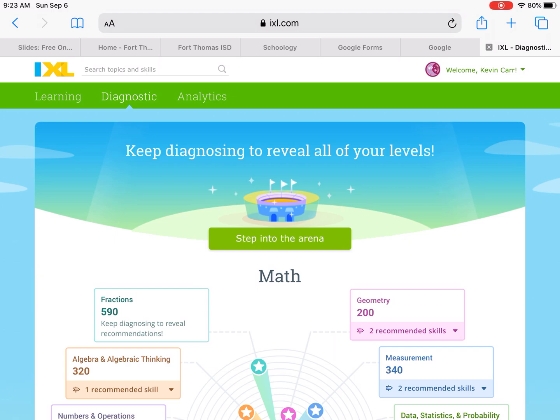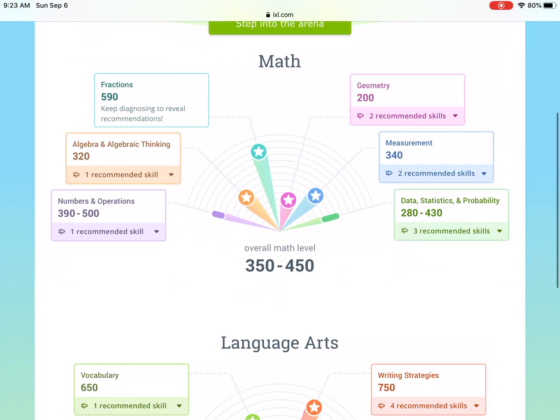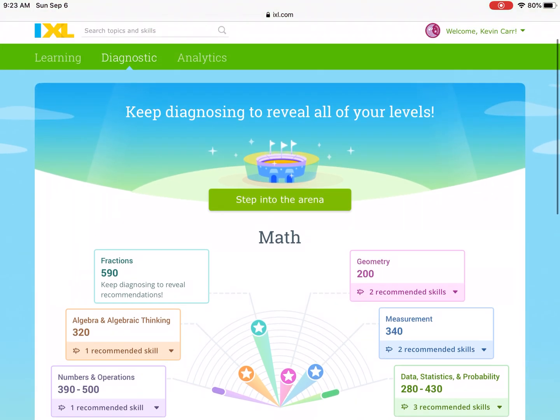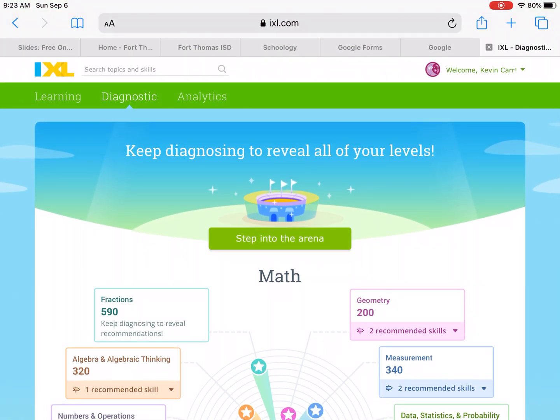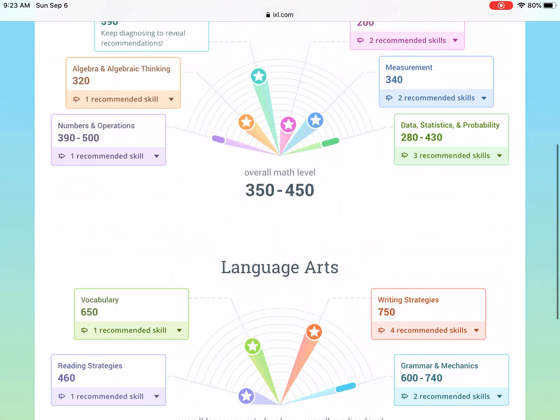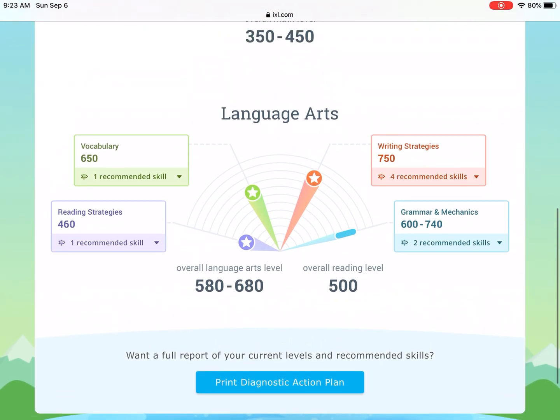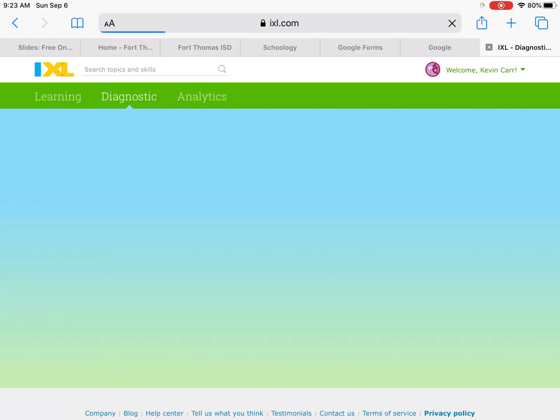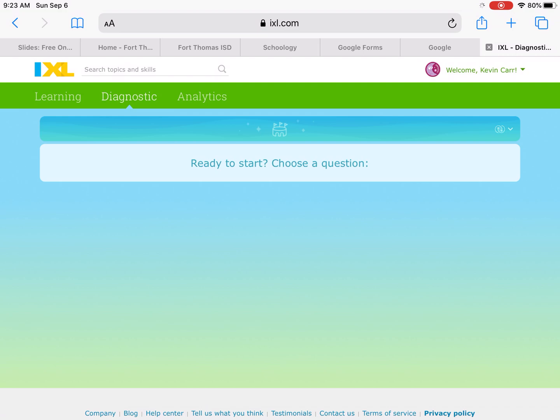Now, once you click diagnostic, you're in what's called the diagnostic arena, and it gives you information. When you first log in, though, you will not see any of these numbers. I am in a sample student's account, so they have already done some problems, and that's why it is giving some information here. So the first thing that you'll do once you click on the diagnostic is you need to step into the arena to start doing the problems. So you will click on the step into the arena,